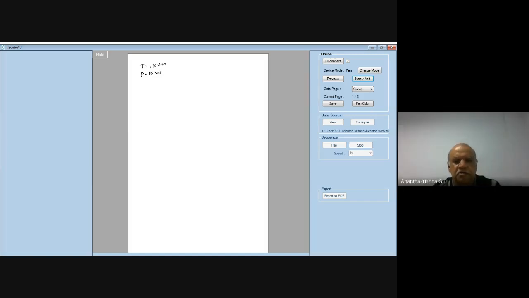Please look into the screen. So there's a bar of 50 mm diameter, fixed at one end. The diameter of the bar is 50 mm, and it is subjected to a torsional load, that is the value of T, of 1 kilonewton meter, in addition to an axial pull of 15 kilonewton.